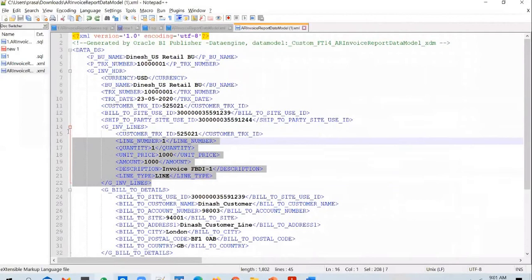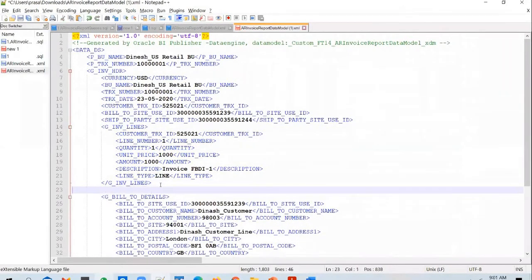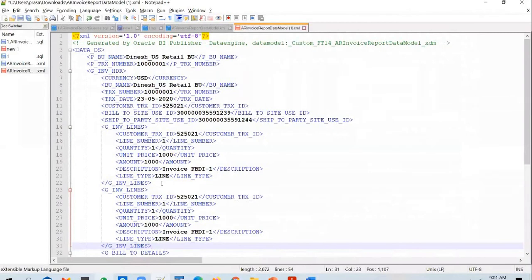But in case there are multiple lines, let's assume there are 2 lines in the invoice, then you will see 2 lines in the XML output as well. Let's say the line number is 2 and the quantity is 2. Let's say the unit price is 2000, and the amount is 4000 rather, 2 into 2000. And let's change this description to invoice FPDI 2.